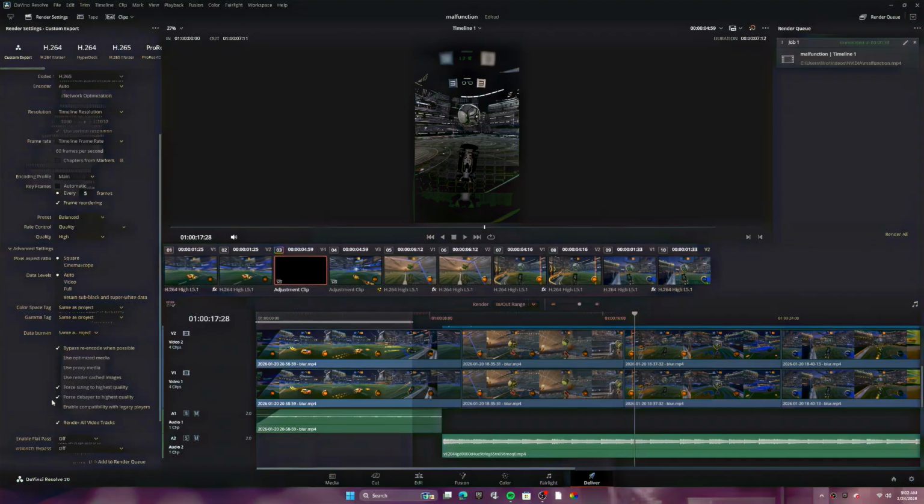Okay, and then go down. You want to turn these two on right here. Force sizing to highest quality and force debayer to highest quality. After that, you're going to want to click add to render queue, and then it'll pop up right here. And once it's done, you'll see it'll say completed. So then you can close out DaVinci,